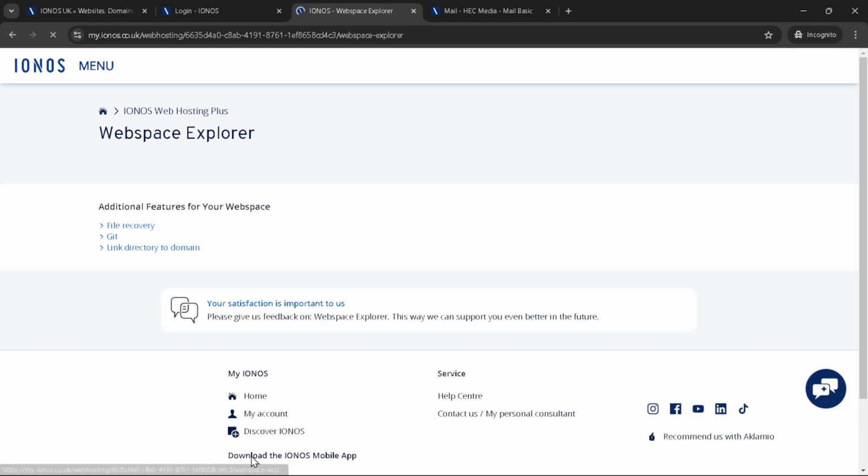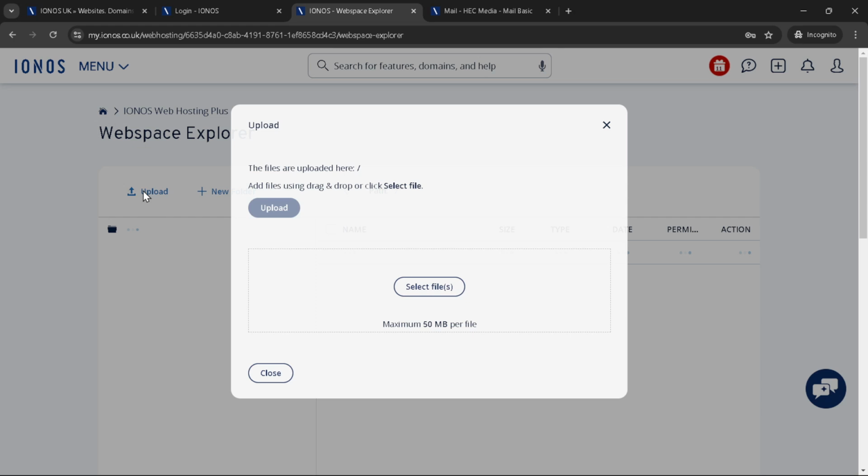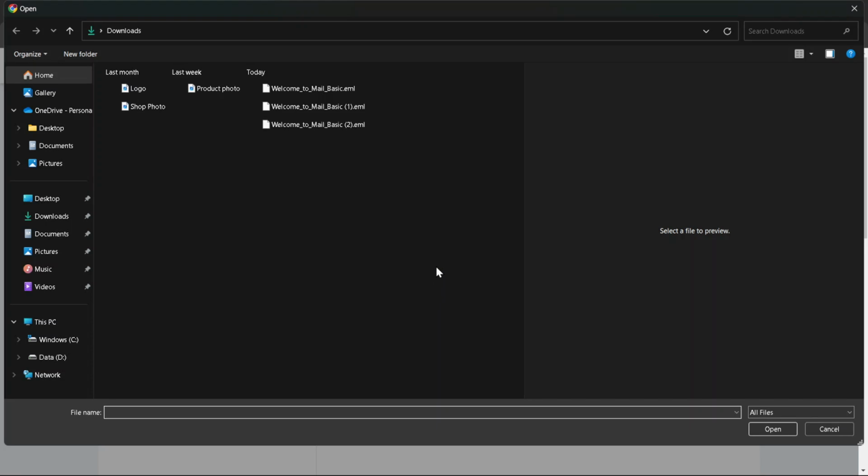Once you've selected all necessary files for your website, it's time to initiate the upload. Click on the Upload button again to start transferring your files from your computer to your Ionos web space. This process might take a few seconds to a few minutes, depending on the size of your files and your internet connection speed. And there you have it. You've successfully uploaded your website to Ionos hosting. It's a straightforward process, but each step is crucial to get your website live without any hiccups.